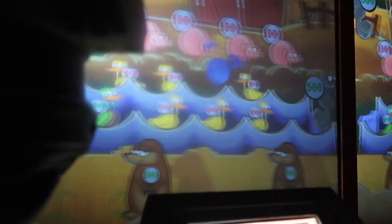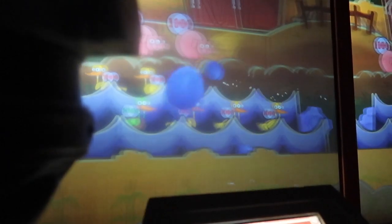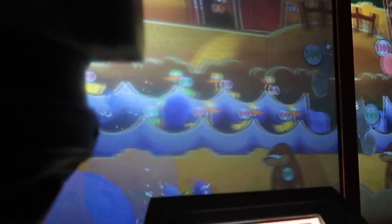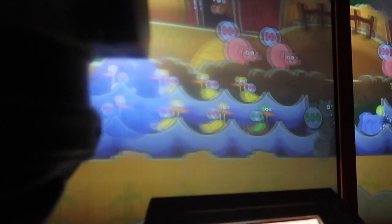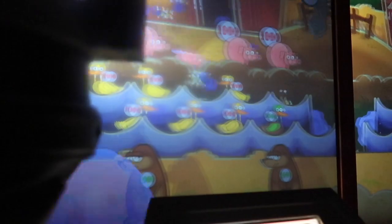All right, go for the... you want to get into the donkey and the little guy rolling around outside the house. Why am I not hitting him? I'm not going to get that little guy. Stuff on balloon. Get the other guys around it, then get the 2. Up, up, up. Up. There we go. And now you want all 3, and then